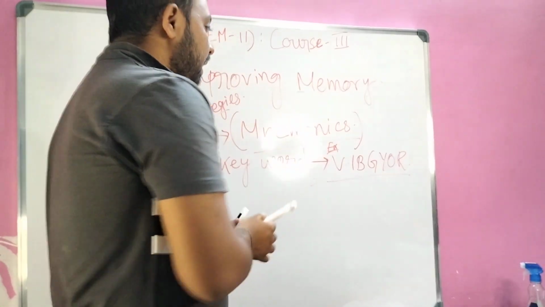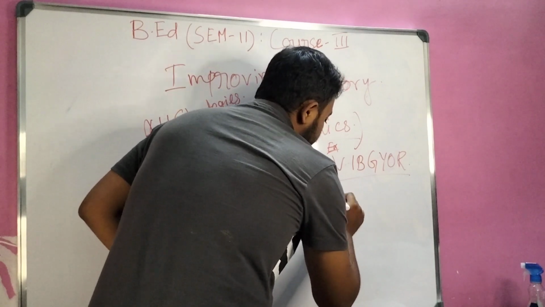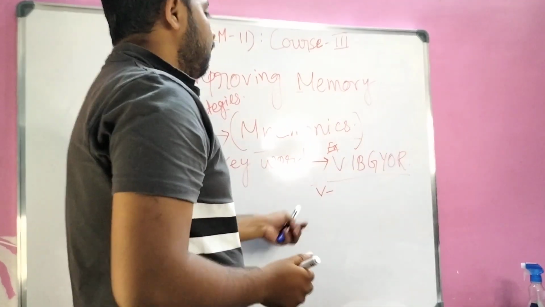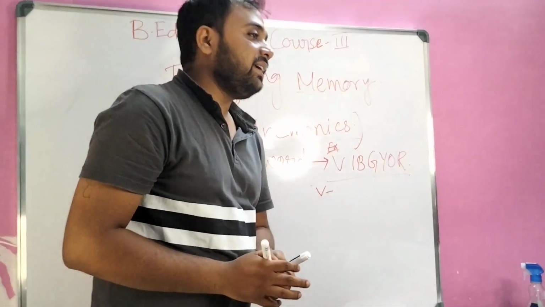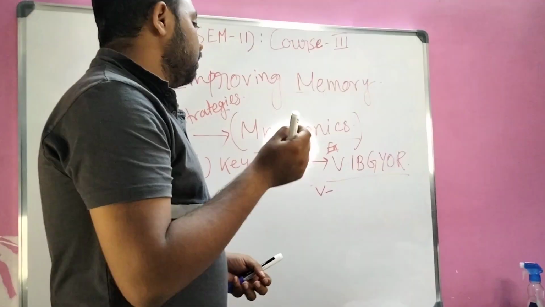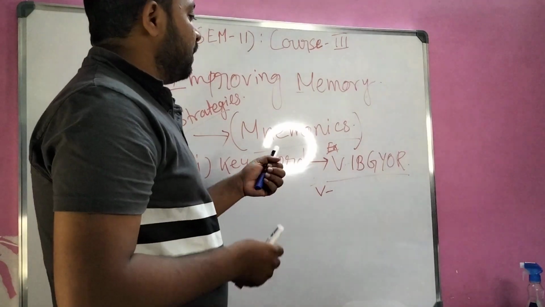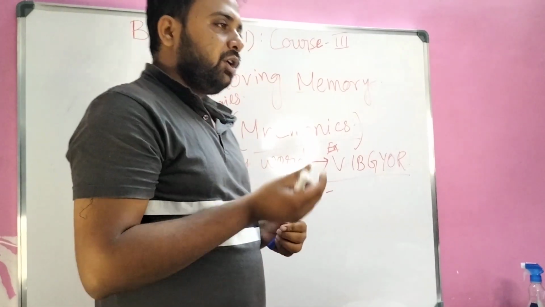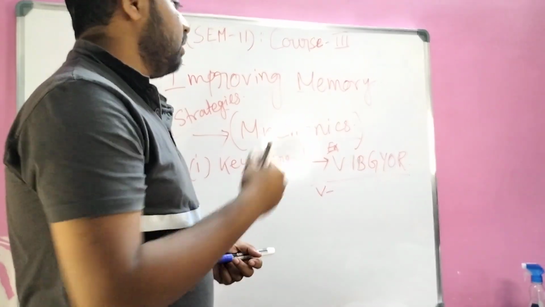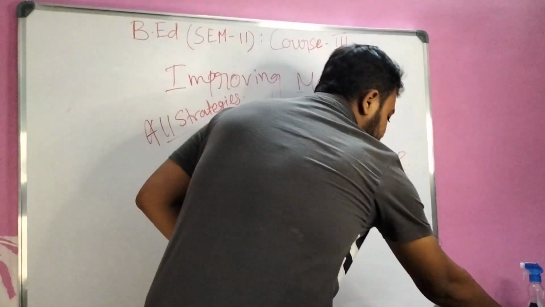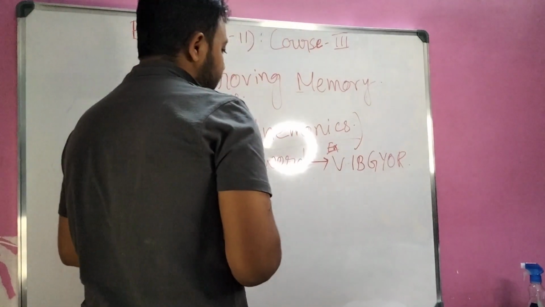So the first letter of every color stands here and forms the term VIBGYOR. This VIBGYOR is used as a keyword that helps to remember those 7 colors. That's why we use many kinds of keywords to remember difficult things that we generally do not remember easily. Okay. The second example we saw is in mathematical problems, that is